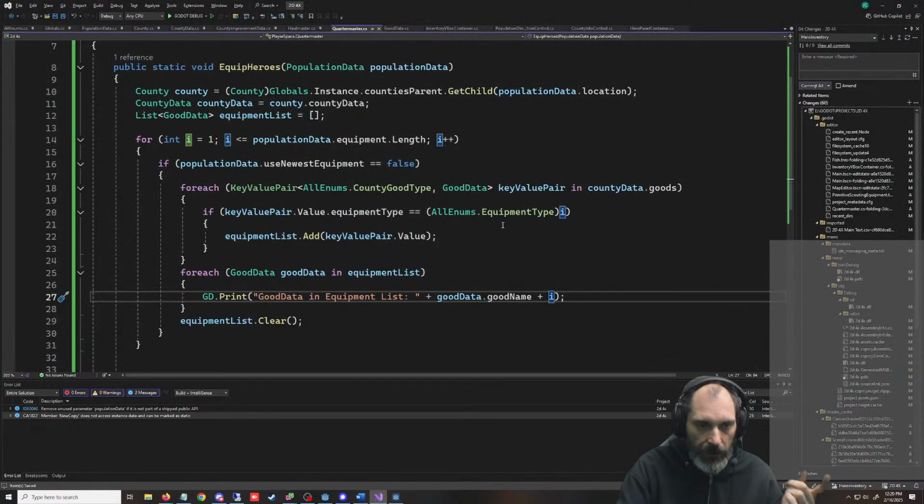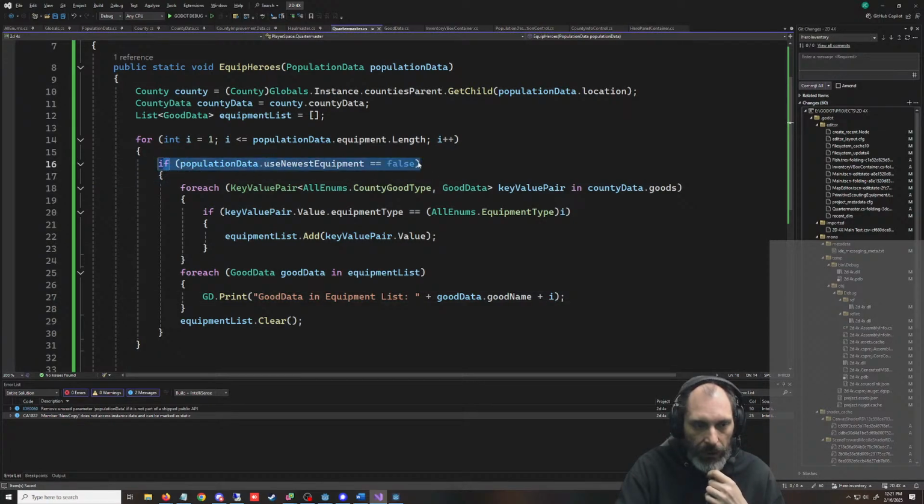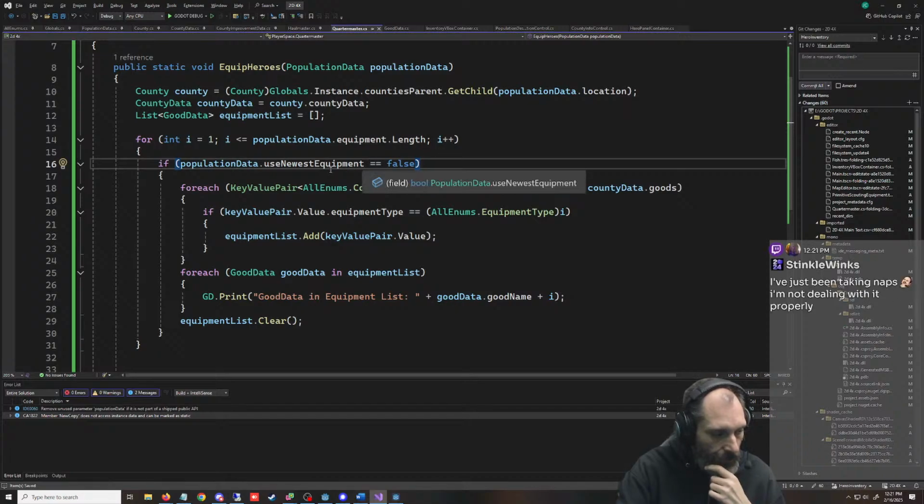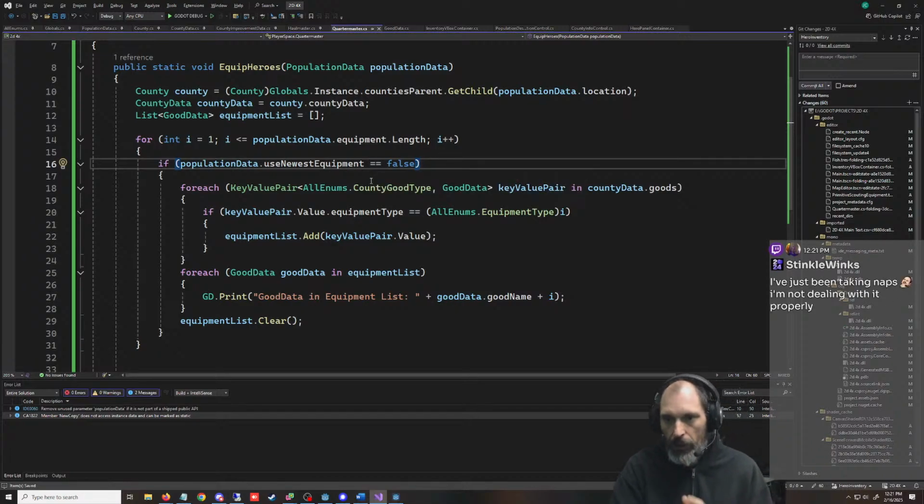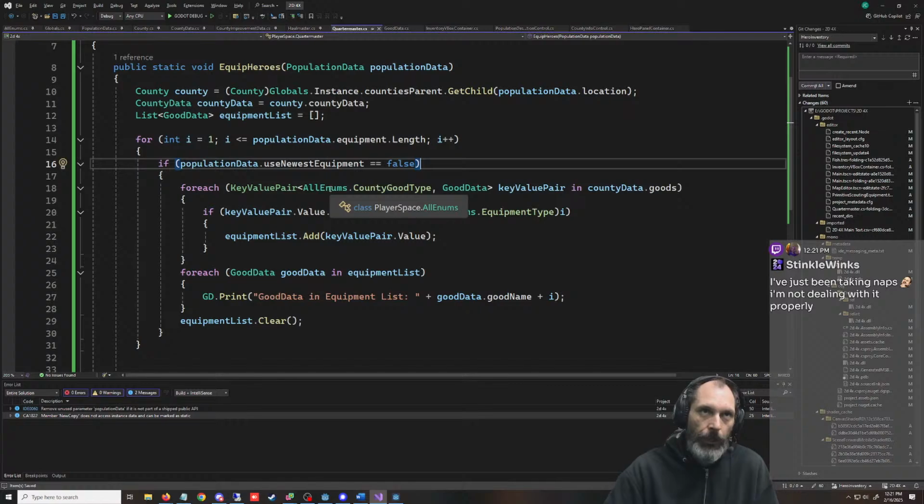Now we got to add in the tier stuff, though, because we haven't done that. This is just adding. This actually doesn't matter right now, but we need it to matter. So how we're going to do this with the tiers. If we do the different tiers, we need to make this list, which we have. And then we need to grab the highest tier.